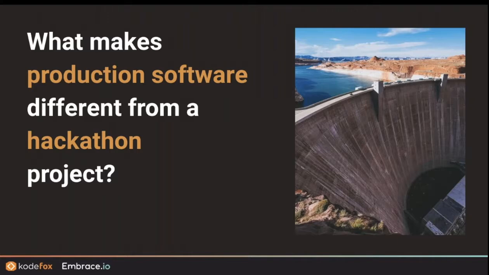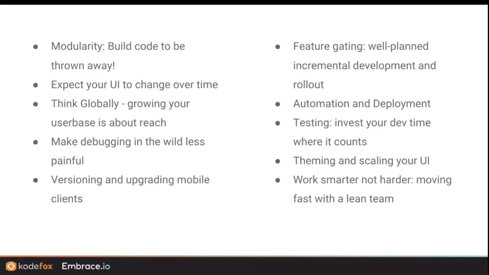Broadly looking at these topics, the question that I'd like you to ask yourself is this: what makes production software different from a hackathon project or a hobby project? There are numerous reasons that production software operates at scale, is well architected and has scalability. I can't cover all those in this talk, but I've picked a few that I think are pretty important, at least in the context of mobile apps or front-end development.